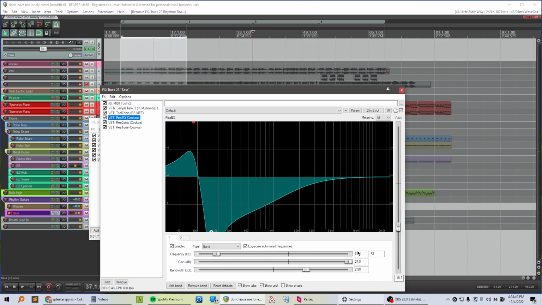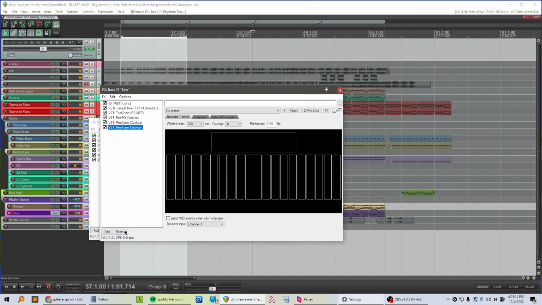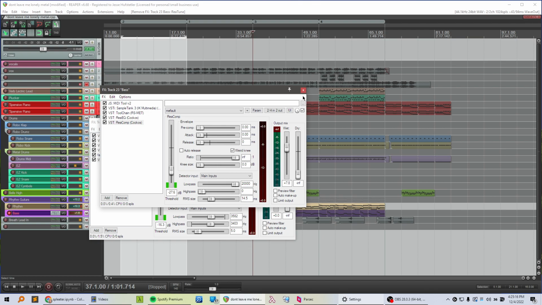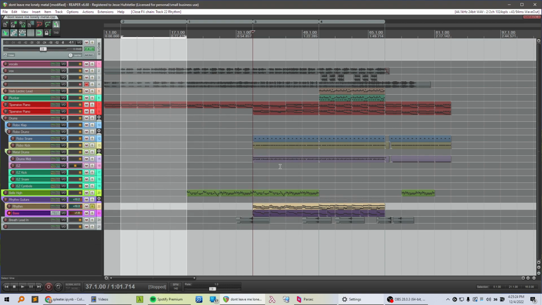85 hertz. So in other words, I chopped off all the really, really low bass, and then I tried to emphasize the not quite so low bass, so that smaller speakers could more easily reproduce it, because I have a tendency to mix in tons and tons of really low bass, and then the song kind of falls flat on small speakers. So that's what I was trying to do, and then I compressed the crap out of it, and then I put this tuner, which was something I was doing earlier, that doesn't actually change the sound at all. So it made the bass guitar sound kind of cool. But I'm not sure I would recommend that technique because I was just goofing around with it today.